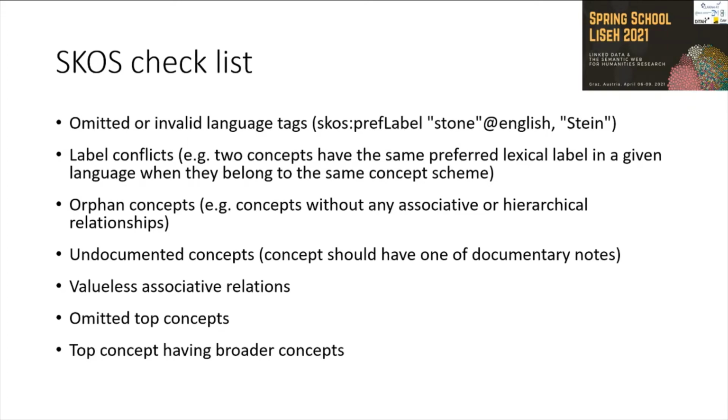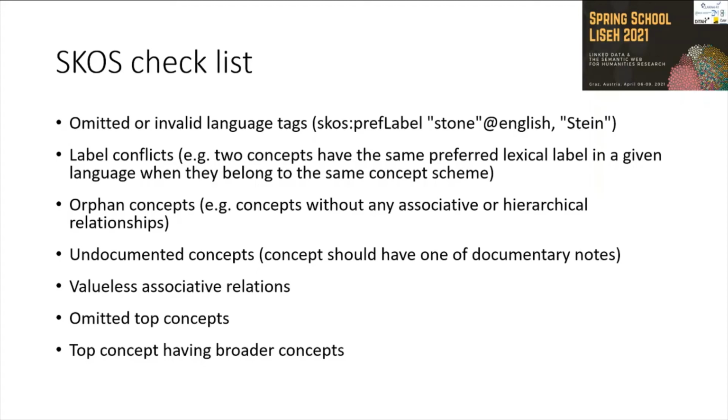This was the last part about SKOS and its structure, and now I would like to talk about the quality of SKOS vocabularies and what common errors can be avoided when building a vocabulary. Since the future retrieval and search functionality will directly depend on the quality of the control vocabulary, it's important to follow SKOS recommendations and check a vocabulary against the most common errors before using it in your web application or publishing it.